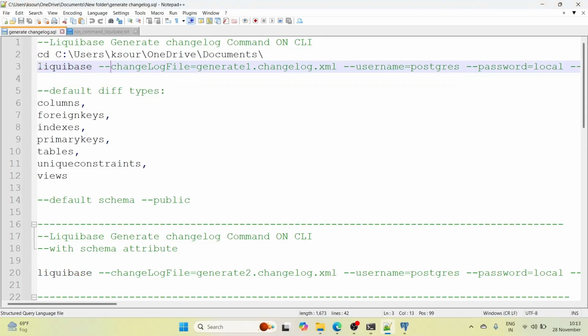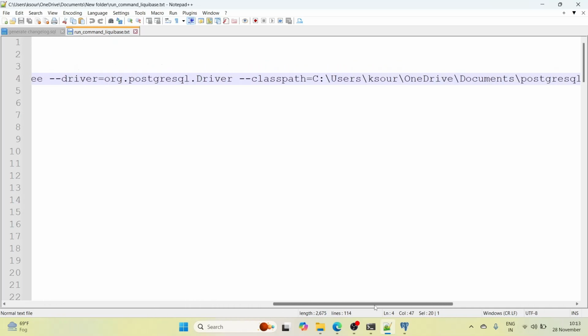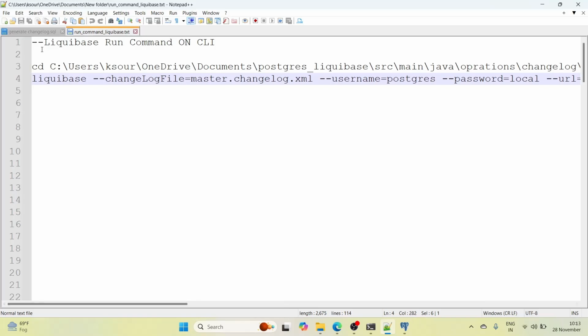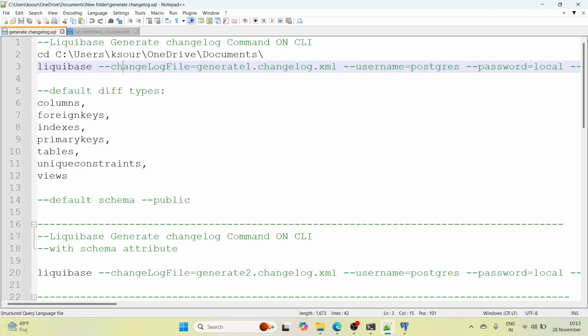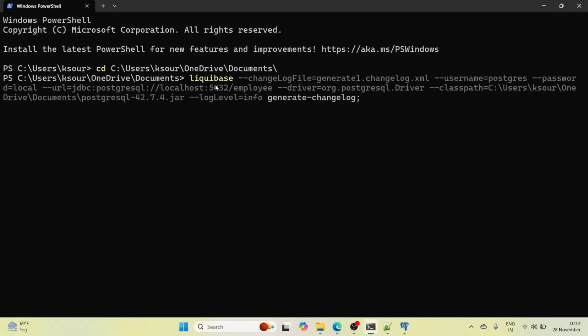The generate changelog command is similar to the run Liquibase command which we have. The only change is the changelog file name. I have given a new changelog file name, and at the end, instead of update, I have given the command generate-changelog. Let's see our generate changelog command. So this is my generate changelog command. Let me copy it and paste it here, then I'll explain it to you. So what are the things we have? Liquibase, then changelog